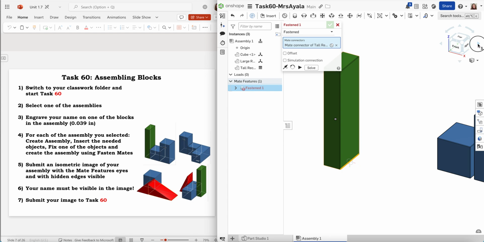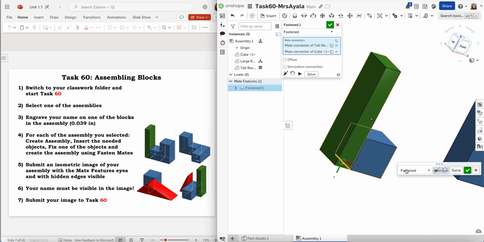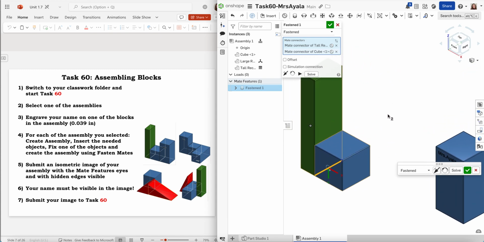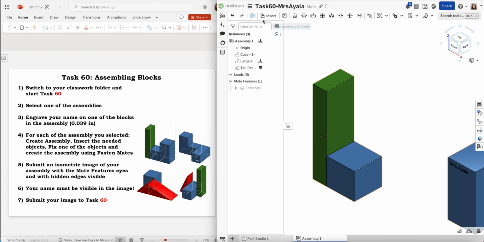I'm going to turn the world around and find the bottom left edge of the cube. And that brings them together pretty well. Let's take a look at the isometric view. I think that's great. So I'm going to accept my mate,